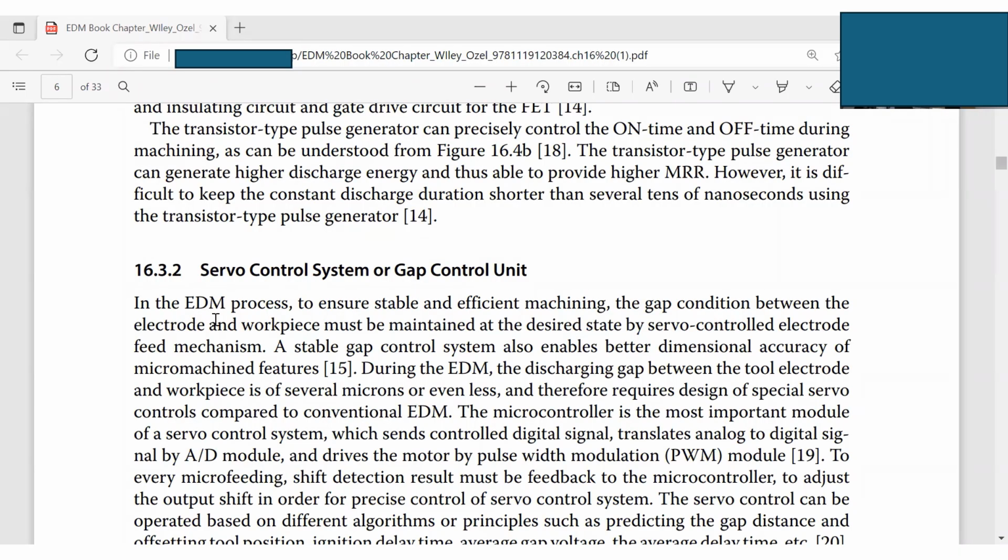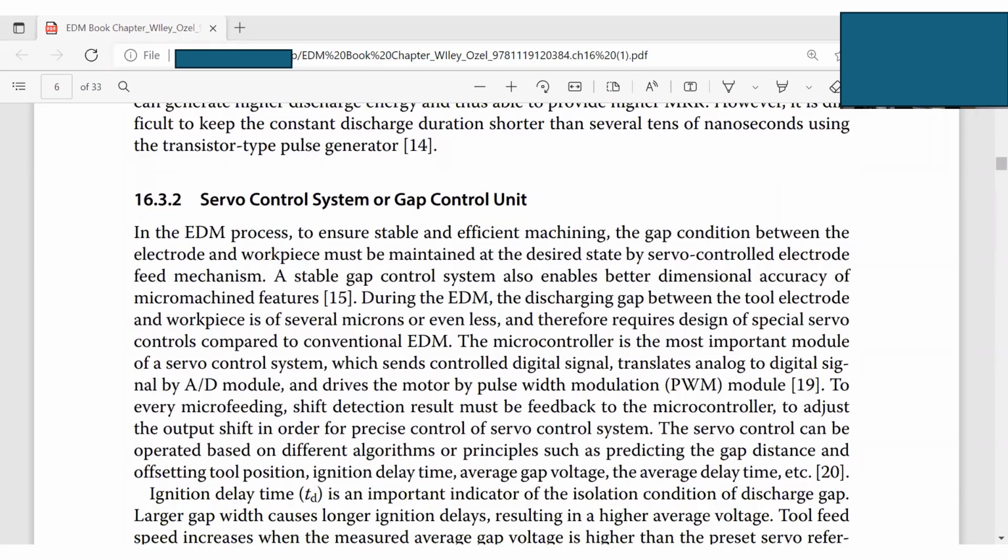So in the EDM process, to ensure stable and efficient machining, the gap condition between the electrode and workpiece must be maintained at a desired state by a servo-controlled electrode feeder mechanism. You must have this servo control system. A stable gap, the gap between the electrode and the workpiece, must remain stable. It also enables better dimensional accuracy of the micro